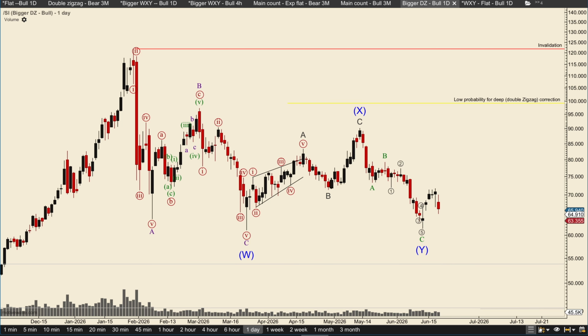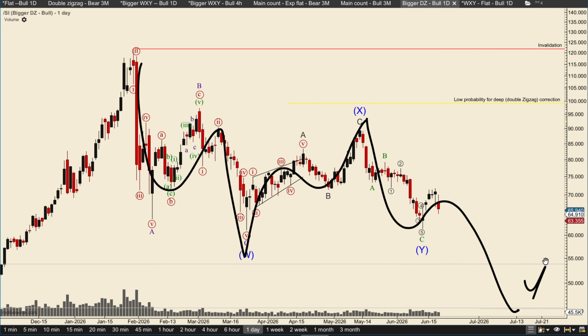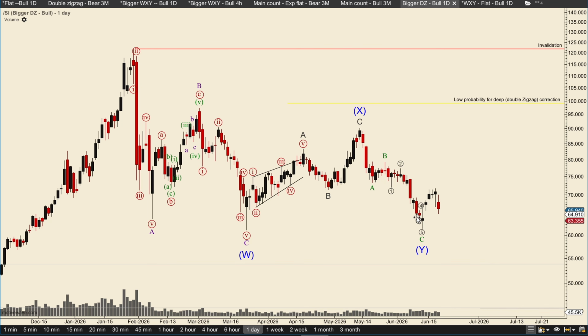then you just follow the deep double zigzag count here, counted this as a wave 1 and then 2, and then you have the same count 1 2 3 4 5 1 2 3 4 5 4 5 4 5, creating a double zigzag like this and moving down here. So the probabilities that we are finished here with a double zigzag and now we're looking for upside in this scenario is extremely low. But as I mentioned, it can happen to move down and just follow the bearish scenario,